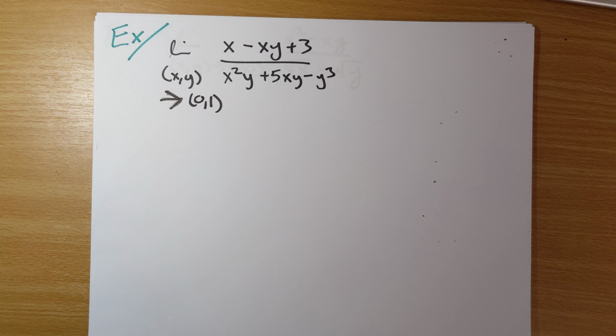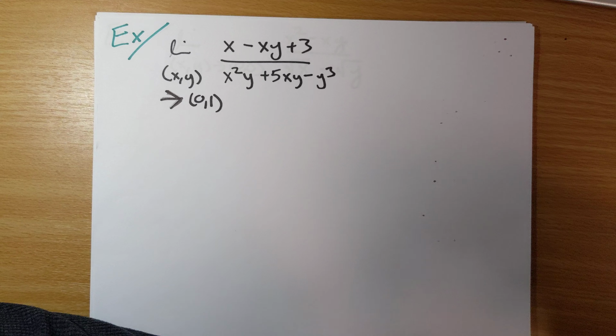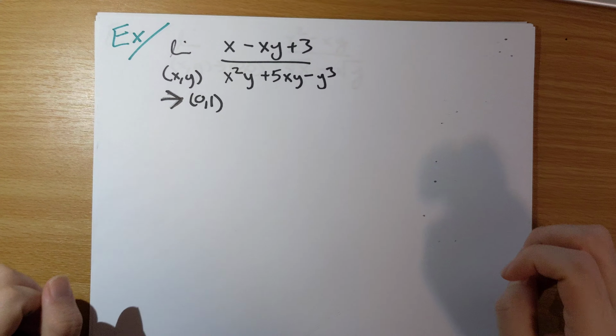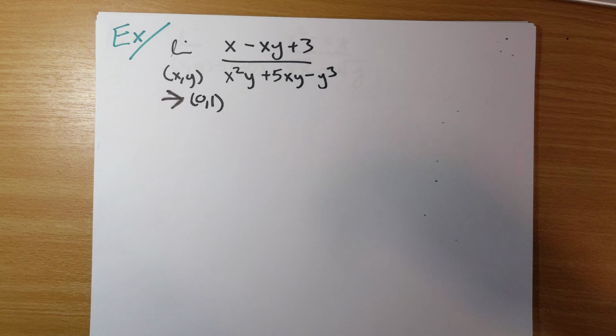We could do all of that if we wanted to, but that would take 10 minutes for me to explain. So just like in Calculus 1, as long as everything's nice, and this is a case where everything is going to be nice,